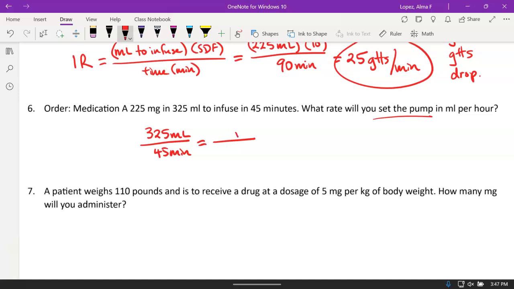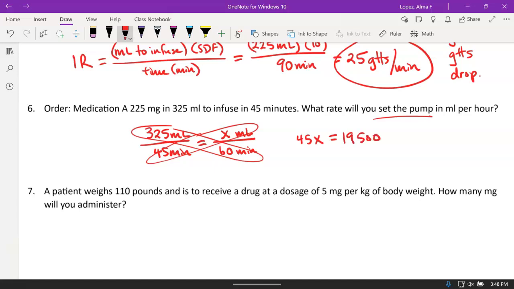Copy the units over, but this time we know that our minutes have to be 60 because we're looking for the milliliters per hour. So we did lots of these on our review. If you need more practice, go back over that. We're going to cross multiply, set them equal to each other. So we're going to end up with 45x equals, and then 325 times 60 is 19,500. I'm going to divide both sides by 45, and so we're going to end up with x is equal to